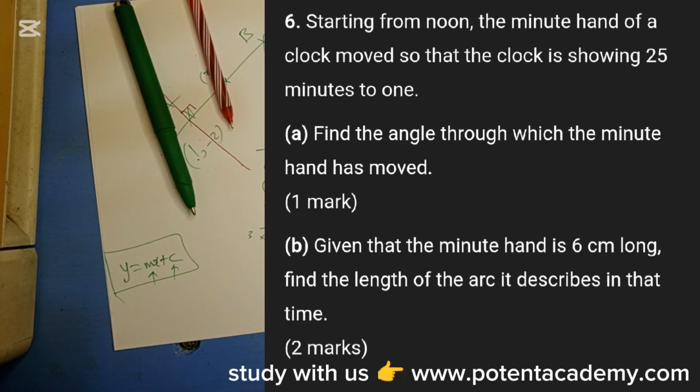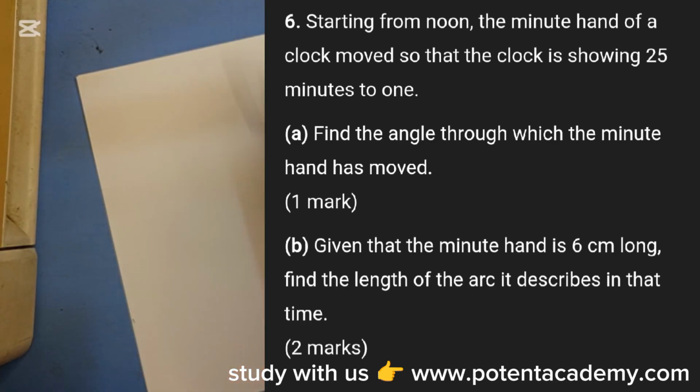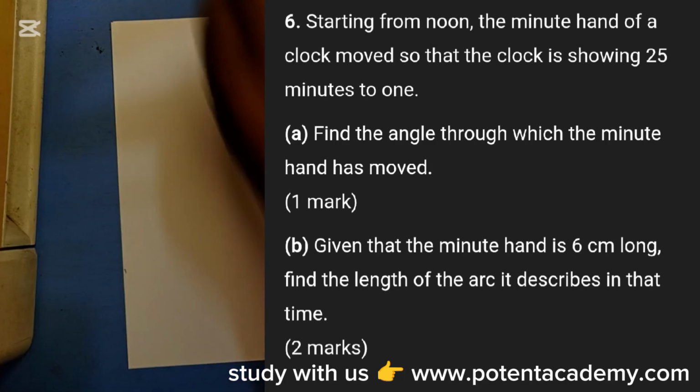So the last question, question 6, asked: starting from noon, the minute hand of a clock moved so that the clock is showing 25 minutes to 1. Find the angle through which the minute hand moved. So we are asked